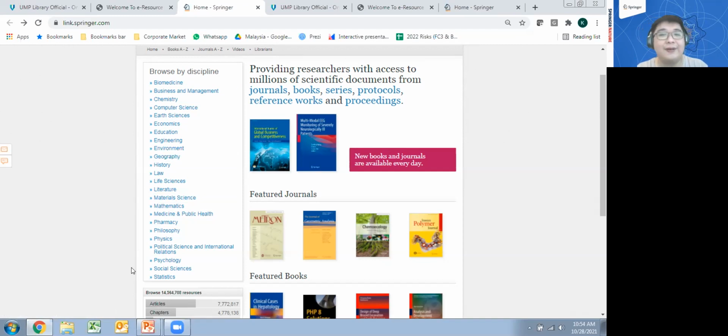21, it does not necessarily mean it is not available in SpringerLink. It's just that, of course, it's not possible to put every single individual, very unique subject or discipline laid out here. If not, it will be hundreds and hundreds long. So what our website designers have done, through the support of the editors, is to classify subjects based on the main subject areas, and we have identified 21 of them, spread across all the different STEM and also HSS